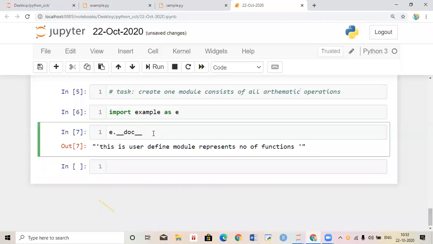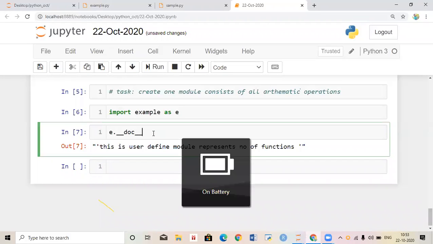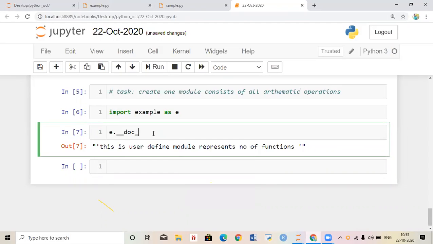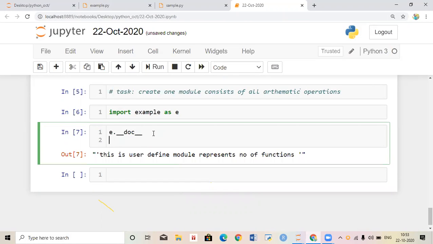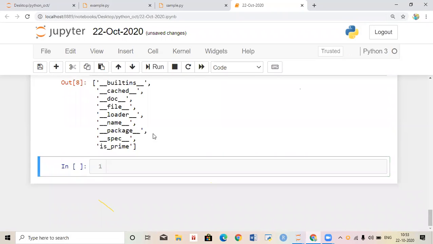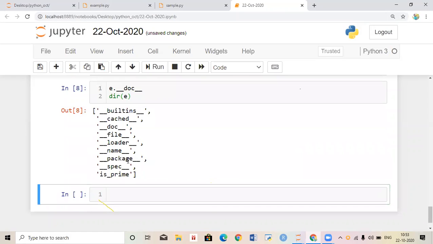Now I want to check the methods available in e: dir(e). It will print is_prime only, because is_prime is the only function available in that module.